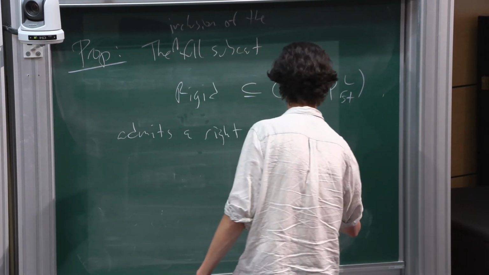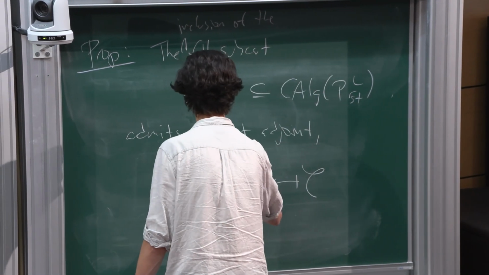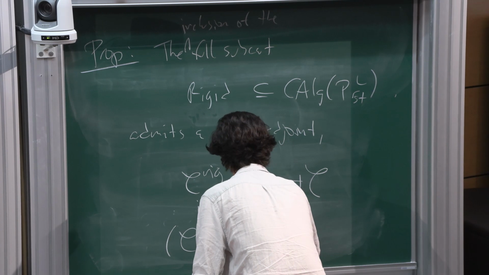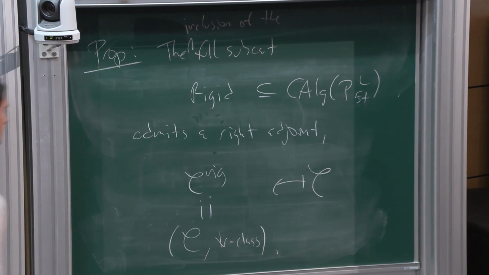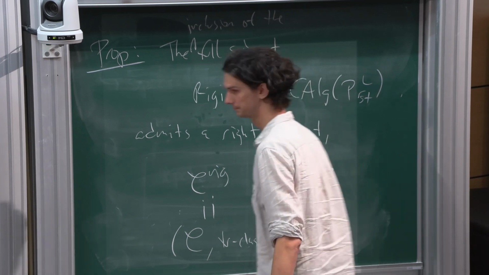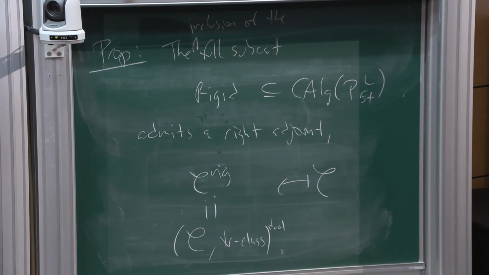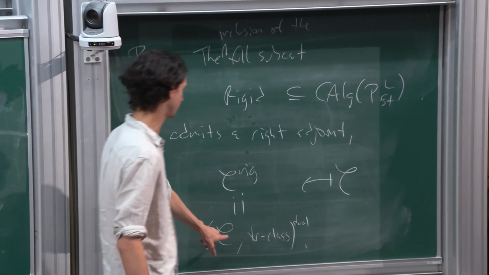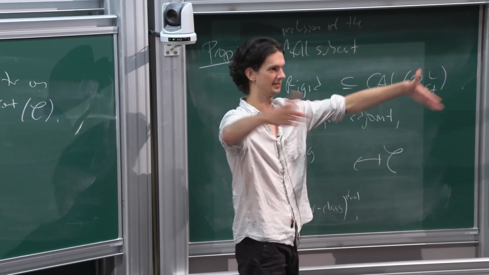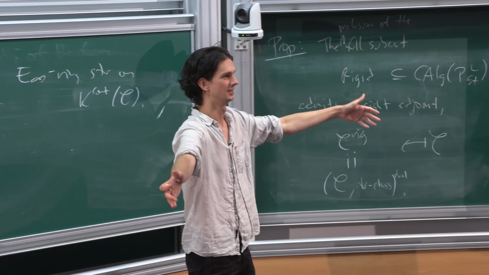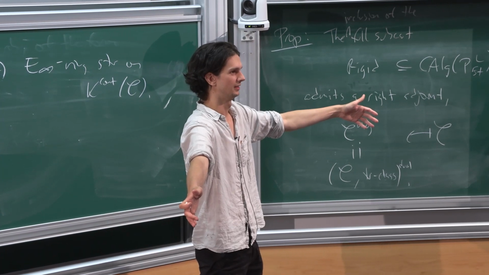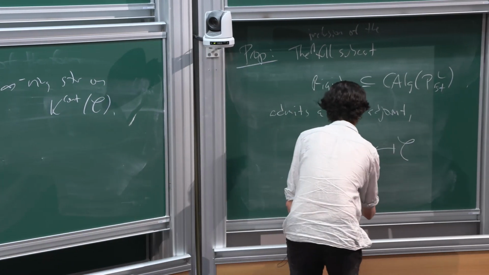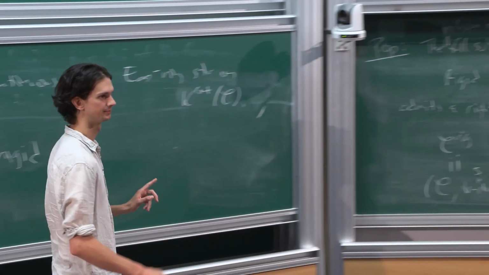So C goes to C rigid. And what is this? It's an instance of this construction. You take C and you take all trace class maps. And then dual. Dual in the sense of, I have this general construction, C comma S dual, where I take these ind-systems indexed by rational numbers. This was my notation for that construction. So my class of maps S I'm taking to be the trace class maps in C.